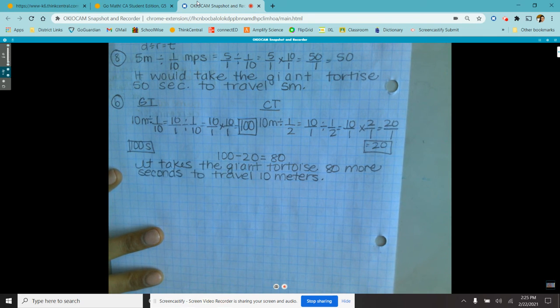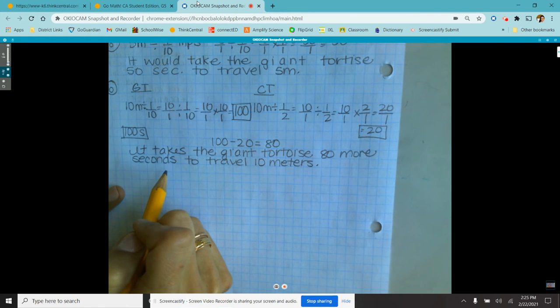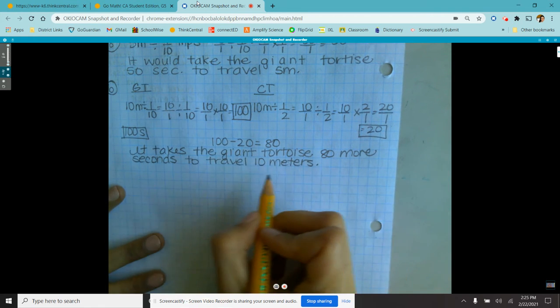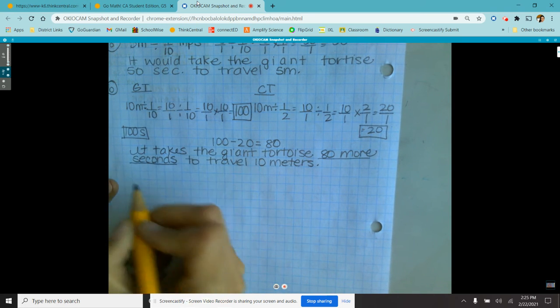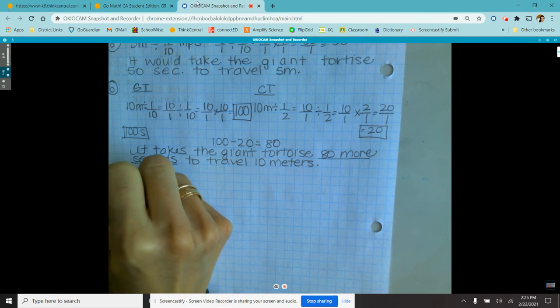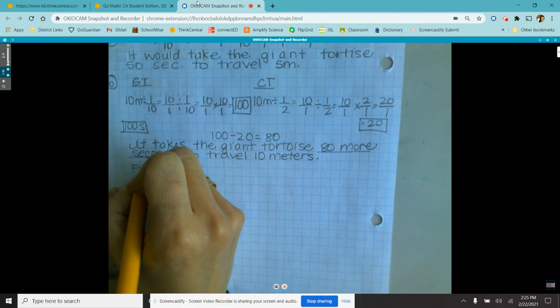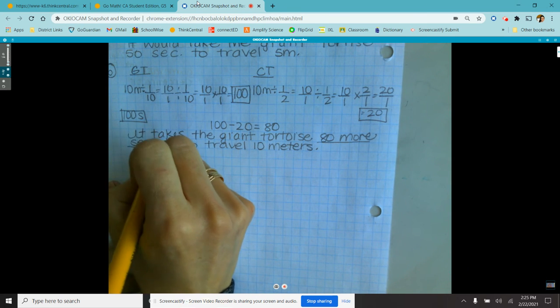So that's the answer to the question, right? But we also need to explain how we found our answer. So this is the answer to the problem, but now we need to explain the steps. So first, we found